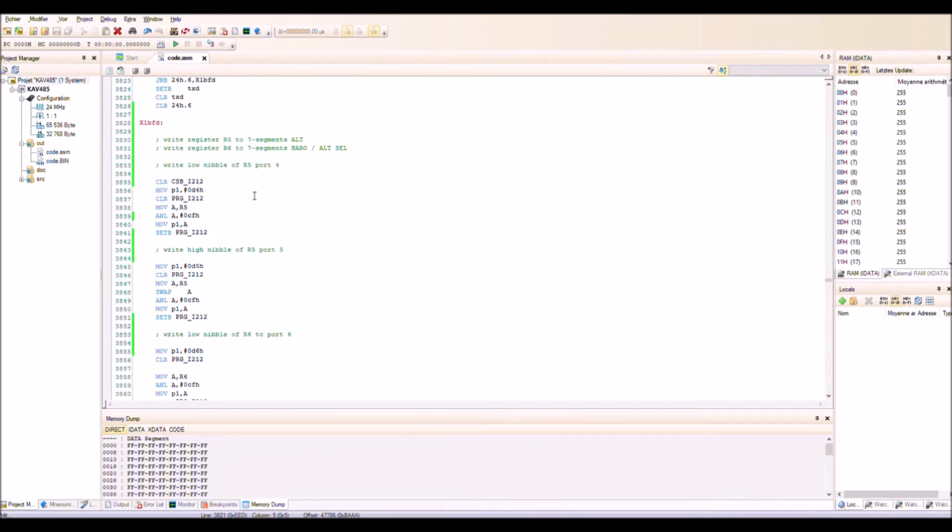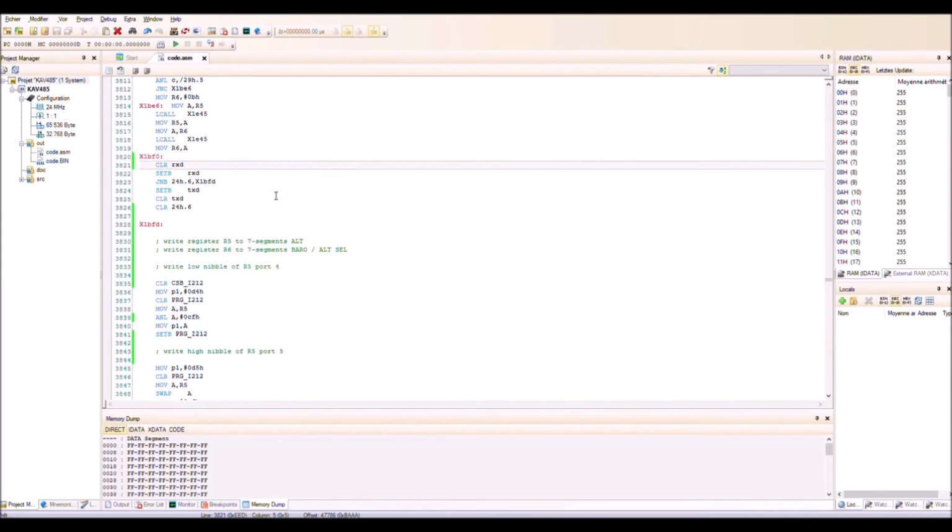Okay, so actually here there is a set of the line RxD, for the UART interface, but it is not used in this processor. The disassembler has converted this IO to RxD, but actually it is not RxD.